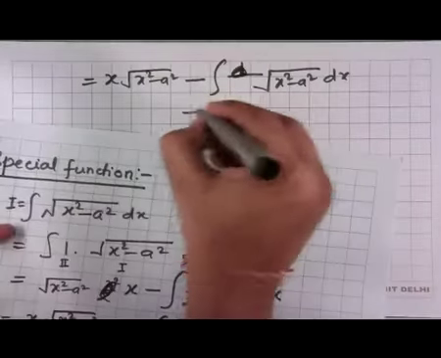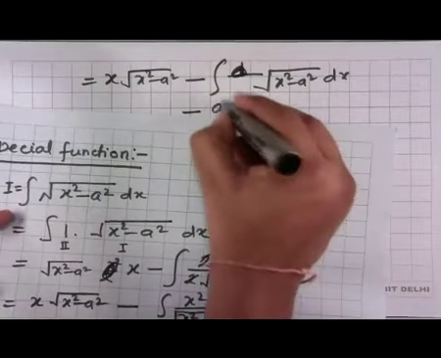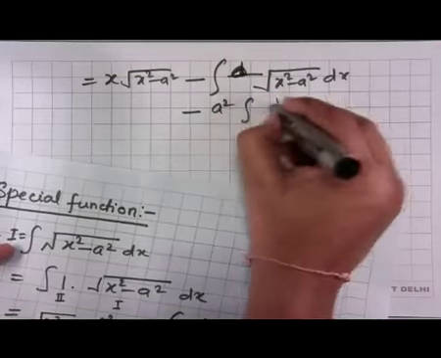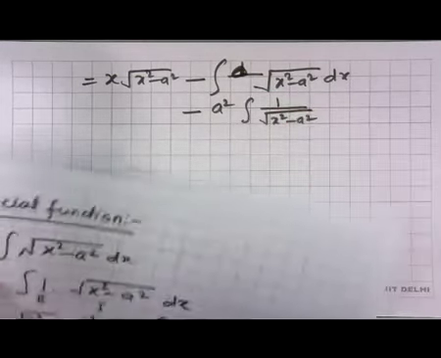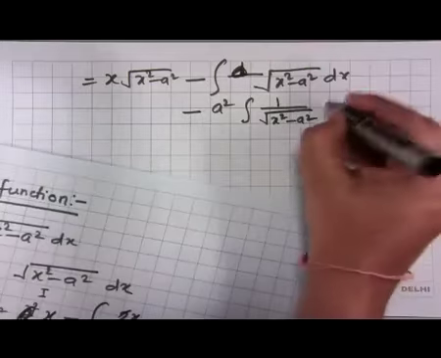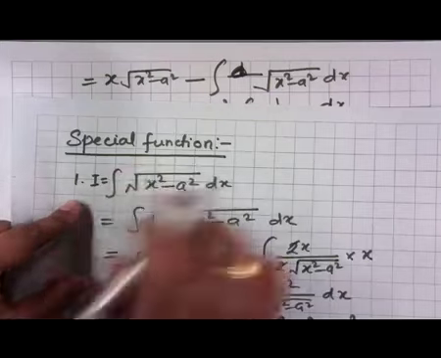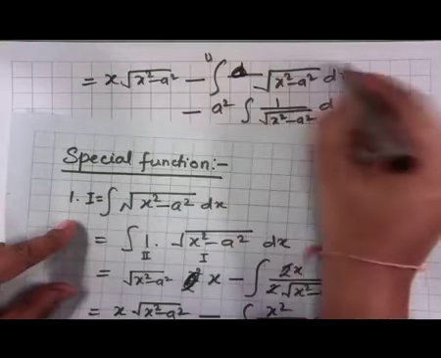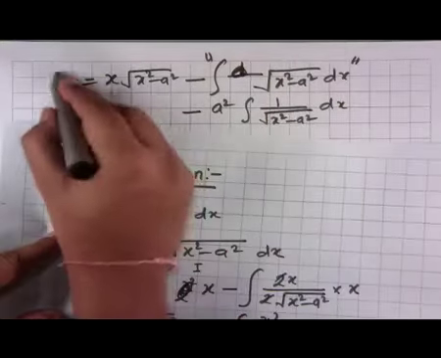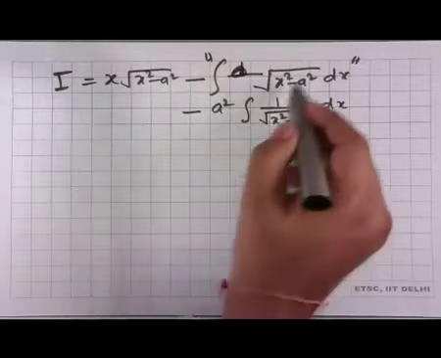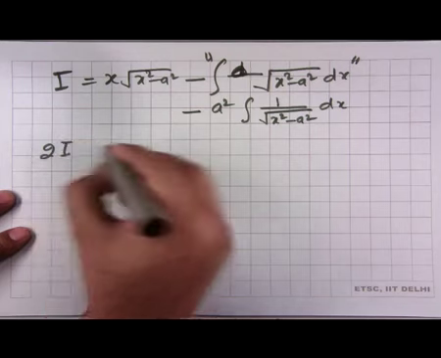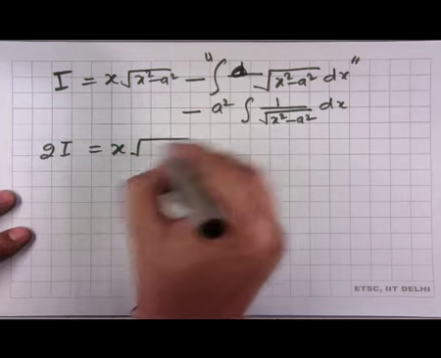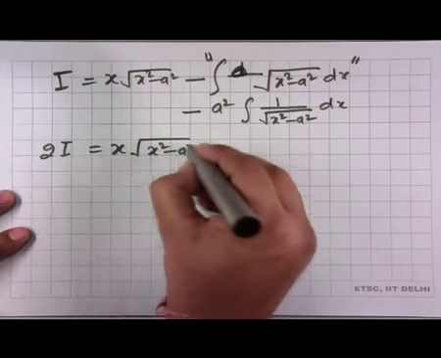So, it will be minus a square, which can be taken as common, integration of 1 by square root of x square minus a square dx. Look at this, this is the same as I. So, therefore, this term I will replace with I. My left hand side is I, and this function is also I, therefore the left hand side now becomes 2I is equal to x square root of x square minus a square